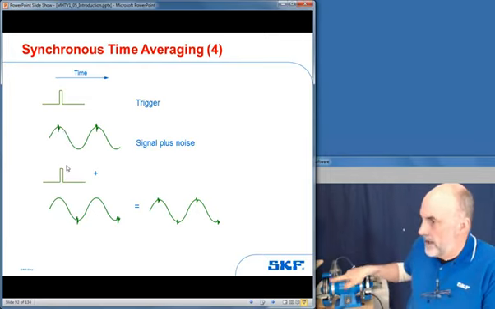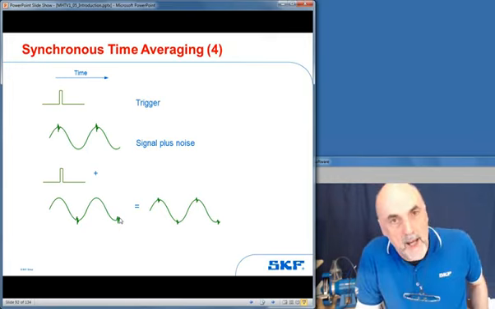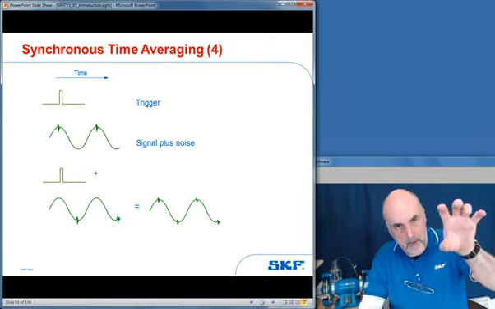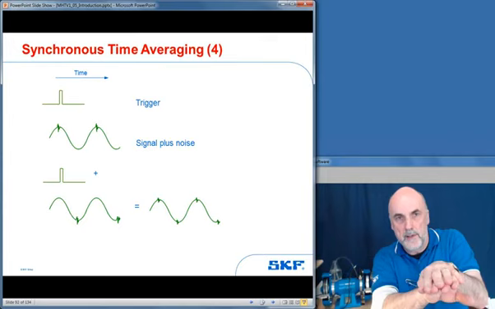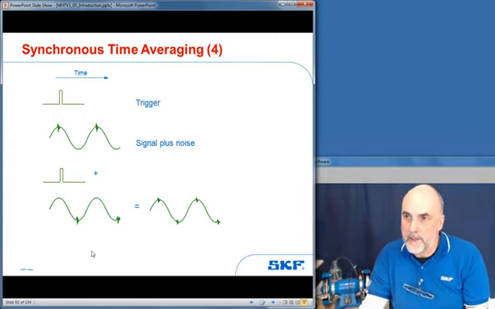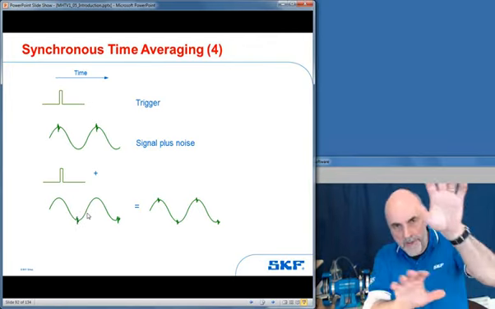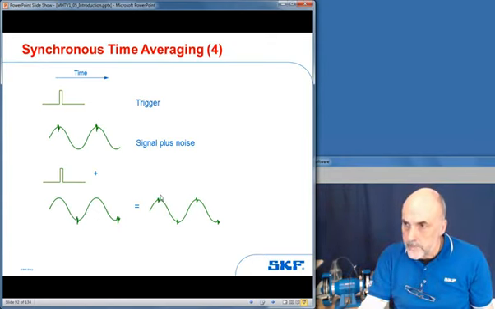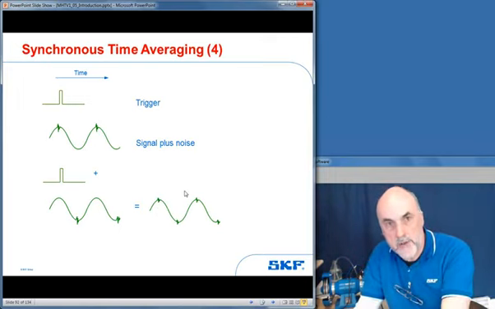But the next time the piece of tape comes around, you grab your next measurement and you take your next block. Now this is why it's called time averaging, because it's done in the time domain. You take your time domain block of the first measurement and your time domain block of the second measurement, and you add the two together and divide by 2. And what will happen is that the non-synchronous noise, the random noise, the other machine will have shifted its position slightly. So when you add the two together, the noise starts to disappear. And I've tried this in anger, and it works extremely well.